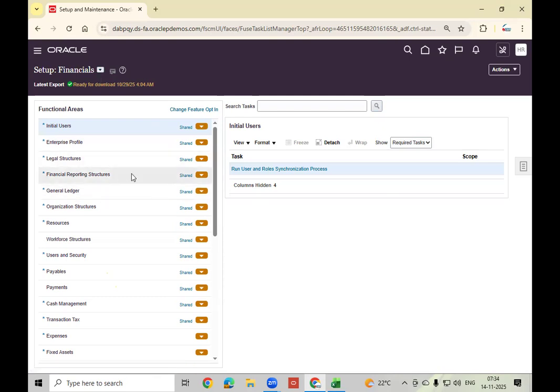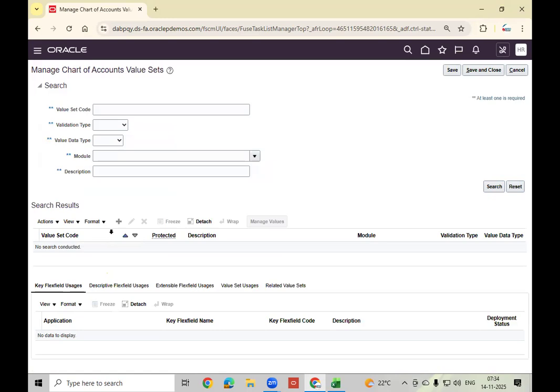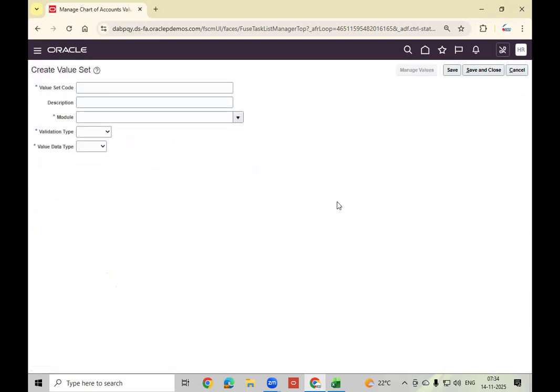Go to Financials, then financial reporting structure. Here, manage chart of account value sets. Create. I'll use an HN underscore company value set.